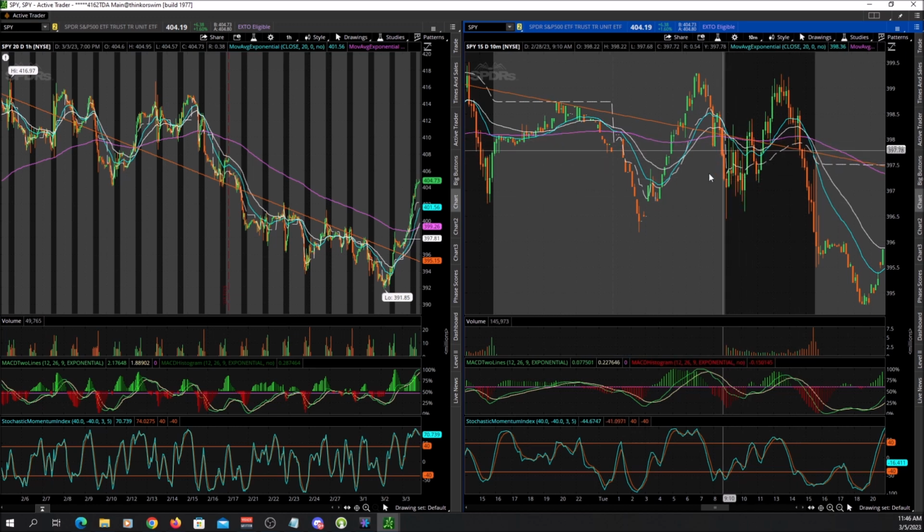These kind of situations are tough to play. You don't know which side it's going to go. When it does, it fakes out both sides. I've just learned from experience to take one side and just not hold it. And I know you get a 50-50 chance of something happening, but if you end up trying to play both sides in both directions like I did here, and you don't do it properly,